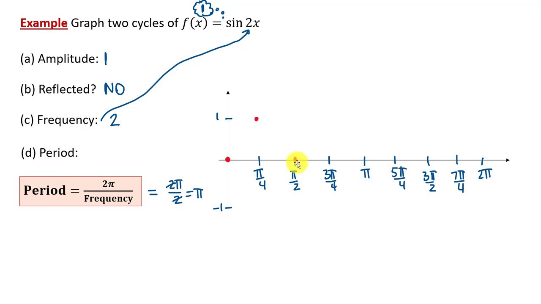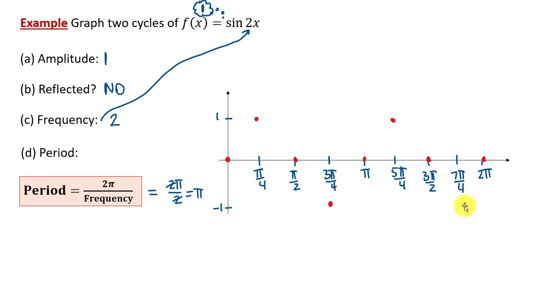After 0, my graph goes down, it's decreasing, and it reaches its minimum value. Then it goes back up again to 0. After 0, it's another maximum. Back to 0, then minimum, and then back to 0 again. So every other point will always be 0, and in between it's going to be maximum, minimum, maximum, minimum, that